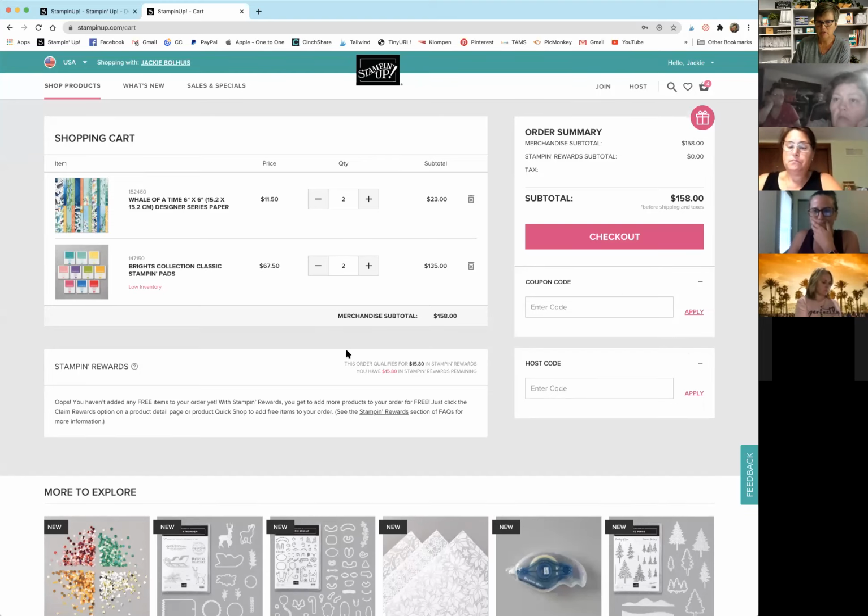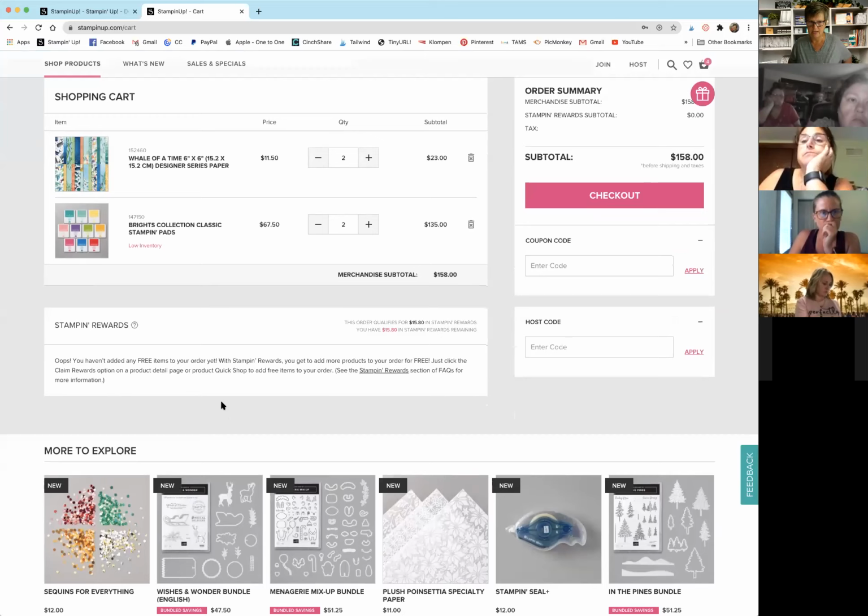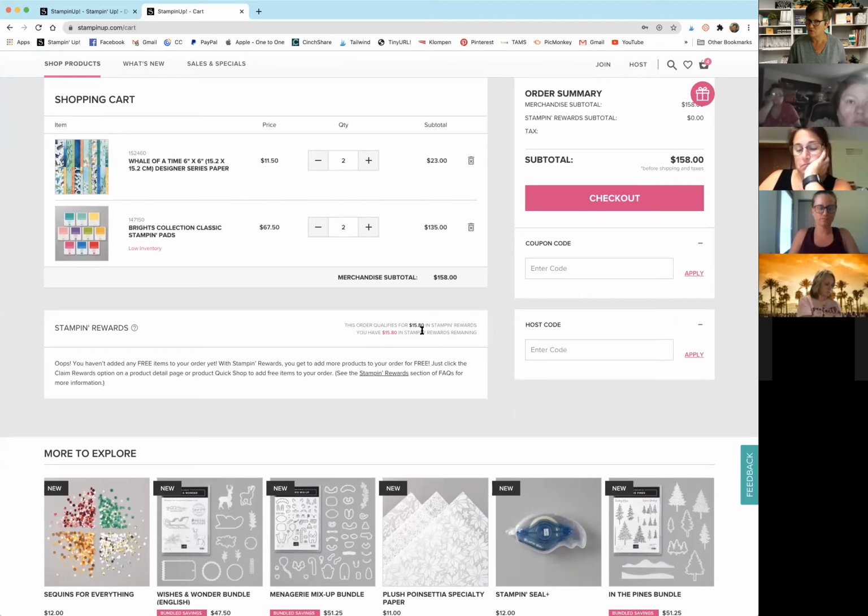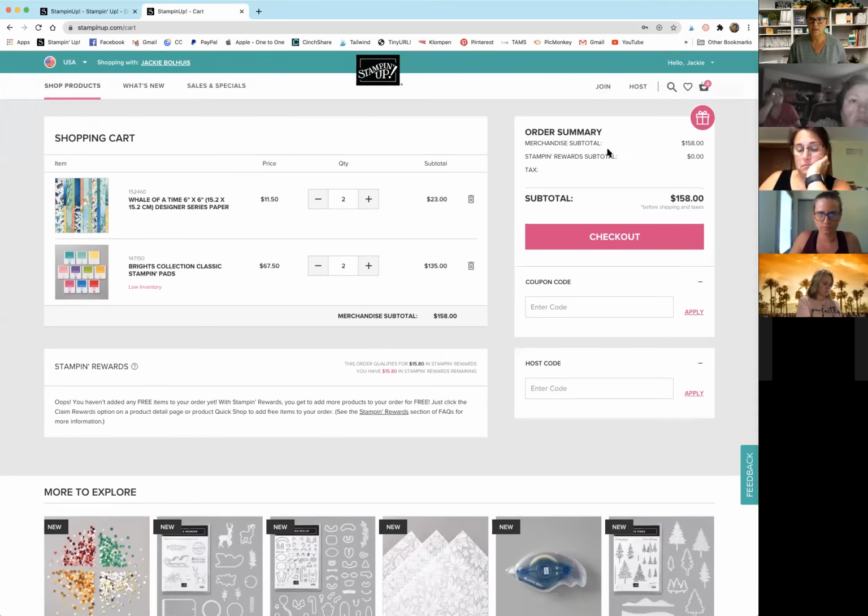So on this particular order, since this last item I added pushed me over that 158, I now have Stampin' Rewards. So when I'm here in my shopping cart, you will see this box that popped up and it says you haven't added any free items yet. You got Stampin' Rewards. And it's really cool because it says this order qualifies for $15.80 in rewards, and you still have $15.80 remaining. So kind of a lot like our demonstrator website. So now as a customer, I think, oh, I have $15. So I can go back to shopping,